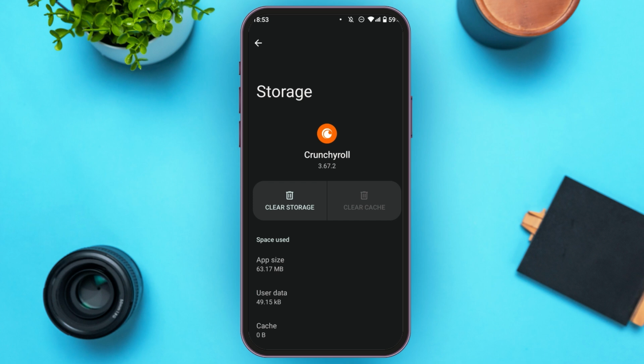Here you'll be able to see two options, clear storage and clear cache. Right now my cache is already cleared. If your cache is not cleared, right over here you'll be able to see the clear cache option is activated. All you have to do is tap on it. After that your cache will be cleared, and after that your delayed subtitles should be fixed. So that is how you fix Crunchyroll delayed